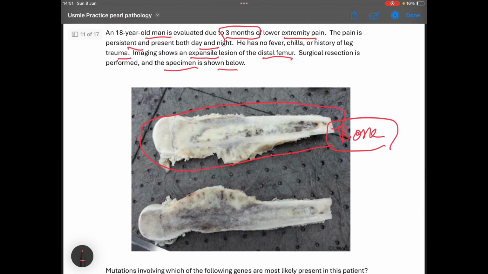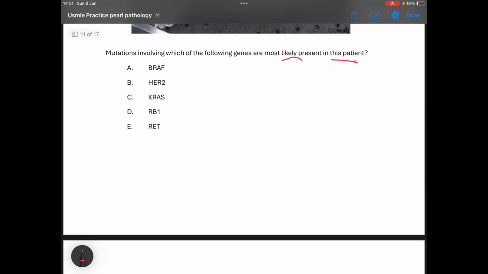Actually, it is related to the bone, the mesenchyme. And we are already done with the topic of proto-oncogenes and tumor suppressor genes. Guys, that is so important here. We are doing the Neoplasia topic, about 20 MCQs just related to that topic. Which gene is responsible for that cancer? We have to learn that table about proto-oncogenes and tumor suppressor genes. For that, this is the mesenchyme. Okay? And it's the case of